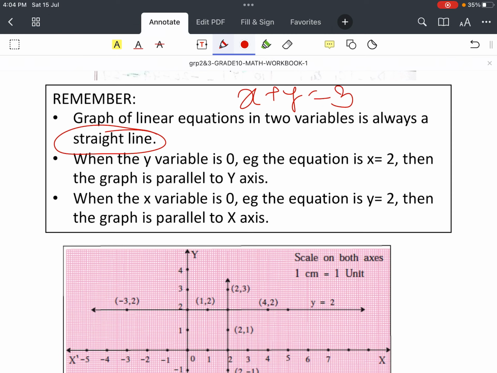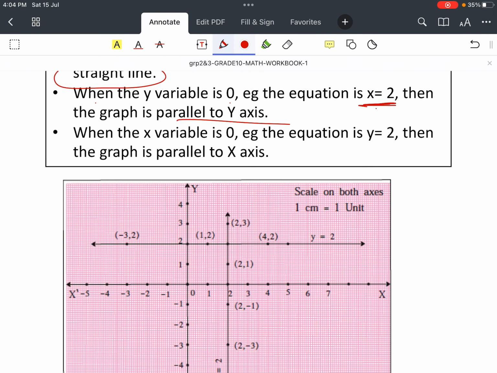सो ऑलवेज कीप इन माइंड फॉर सच टाइप ऑफ इक्वेशंस your graph is always a straight line. When the y variable is 0, then for the equation x is equal to a constant, the graph is parallel to the y axis. Obviously if the value of x is equal to 2, okay,